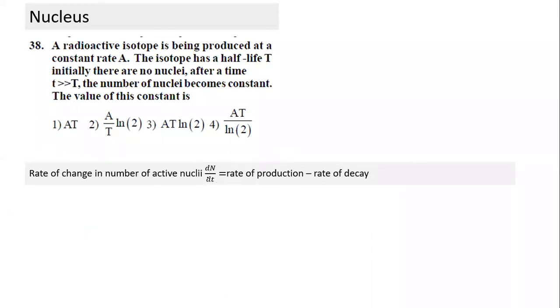So the rate of change in the number of nuclei, dN by dt, is equal to rate of production minus rate of decay. That's the expression, and we can use it in some other questions also. I have not seen many questions coming, but this is a new differential equation, and we could have solved it mathematically also. Another way of solving it: dN by (A minus lambda N) is equal to dt, and we could have calculated the number at infinity this way, but the other way is easier. When it becomes constant, we equate and we get this number.